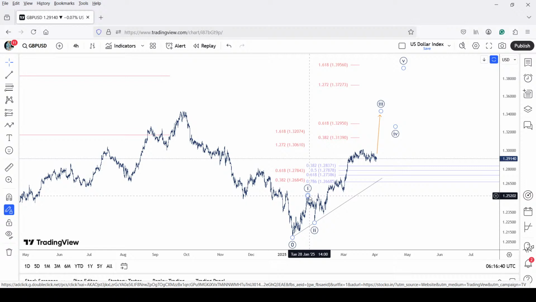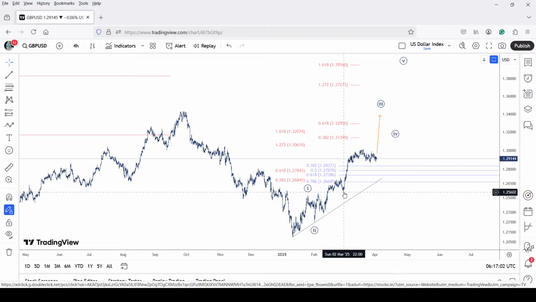That is wave 1 termination. Normally wave 4 would not enter the territory of wave 1 in the case of an impulse, which it is. There are other places that are technically correct. You can place your stop loss just below that wave 2 as well, of the intermediate,